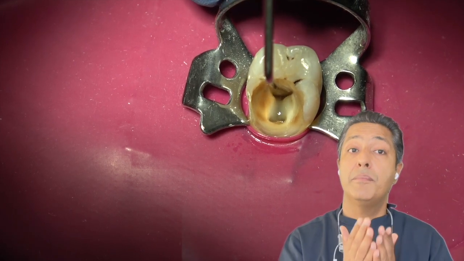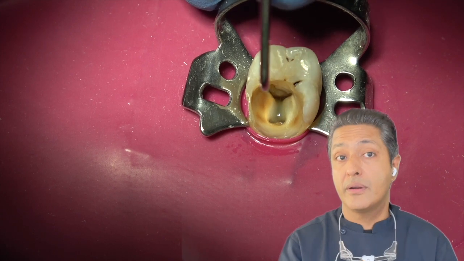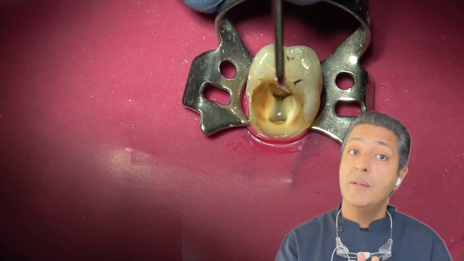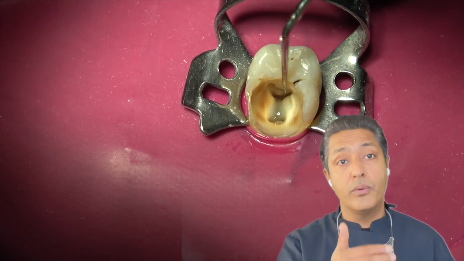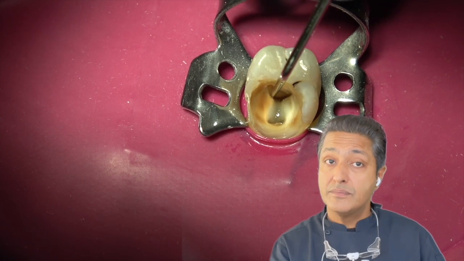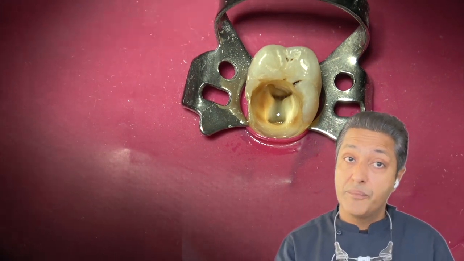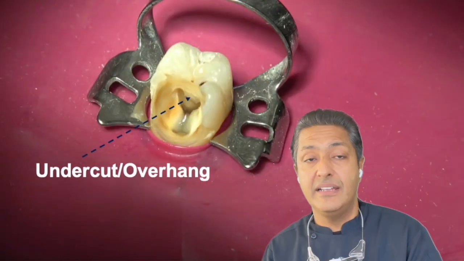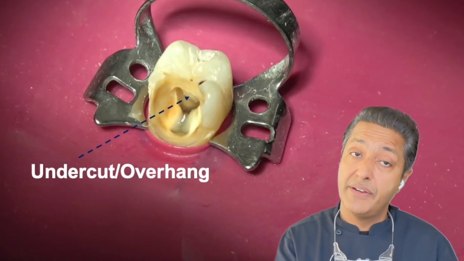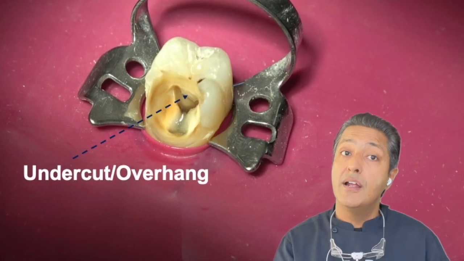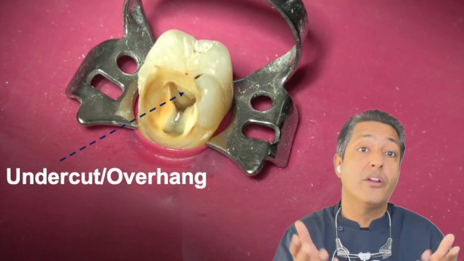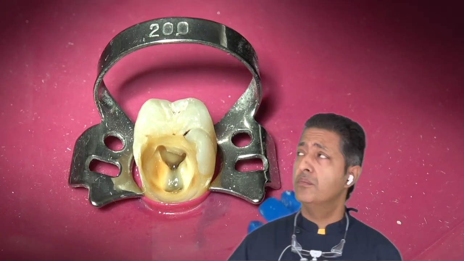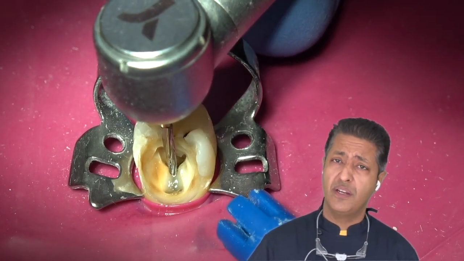But if our endodontic probe or endodontic explorer is getting stuck in some wall, this means that the wall needs to be extended because there is an overhang, and this overhang might not affect your endodontic treatment directly, but it can have an indirect effect because it will be a harbor to the remnants of pulp there, which we might not be able to clean or disinfect with our irrigants. Therefore, it is important to remove this overhang which you can see on your screen, and the best way to